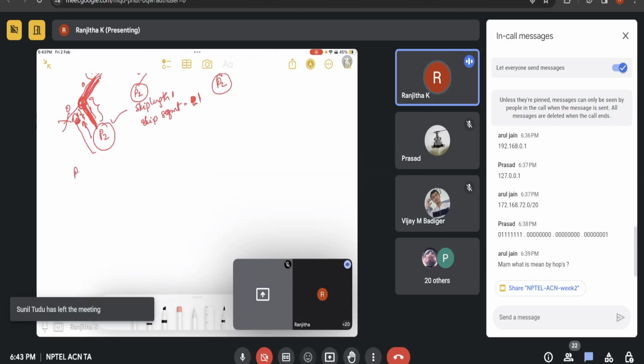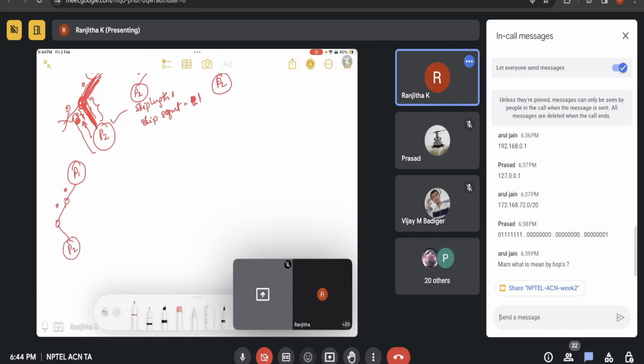Another example is P1, 0, another 0, and P2. So here again we can compress this to P1 and P2, 0, 0, 1. So here the skip length is 2. So this 2 we have compressed. Skip length is 2 and the segment is,